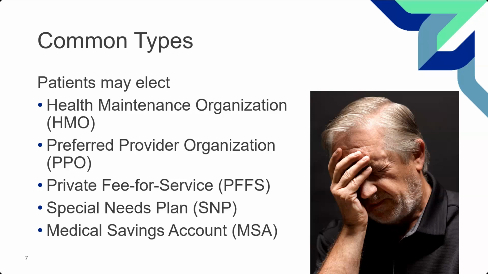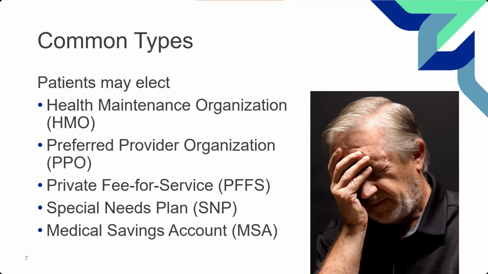The next one is very unique. It's very common in some areas, and other areas have never heard of this before. So this one, if you have one, you know what it is, and if it's not in your area, you've never heard of it before. This is what's referred to as a special needs plan. They offer targeted care for a patient with a chronic or disabling condition. This care is specially designed to help them.